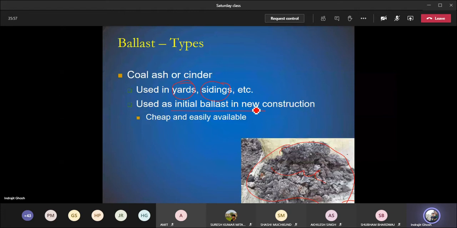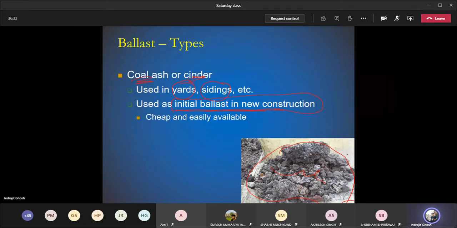Mainly, its most application has been in case of initial ballast in case of a new construction. So a new railway track is being constructed. Now you can understand that the best one, the broken stone, the igneous rock or sedimentary rock, whatever we are saying, at many places those will not be readily available. So initially we used the coal ash or cinder, which is available from the local industry, or maybe